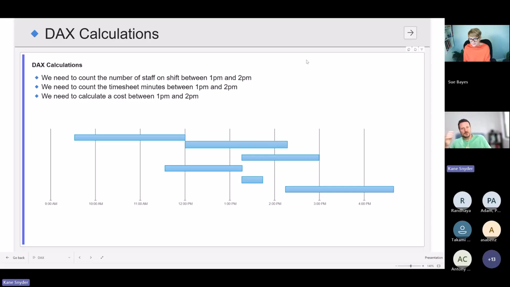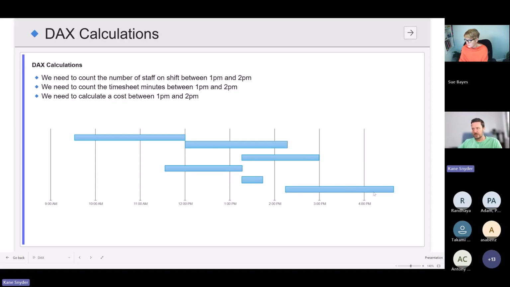All right, I'm almost done with the boring slides. We can get into the Power BI and the DAX, but this is kind of the scenario that we're looking at with timesheets. So these are the things that we'll try and solve using DAX. So this is a representation of what timesheets might look like. You've got times, and they're events in progress, essentially. They span different times.